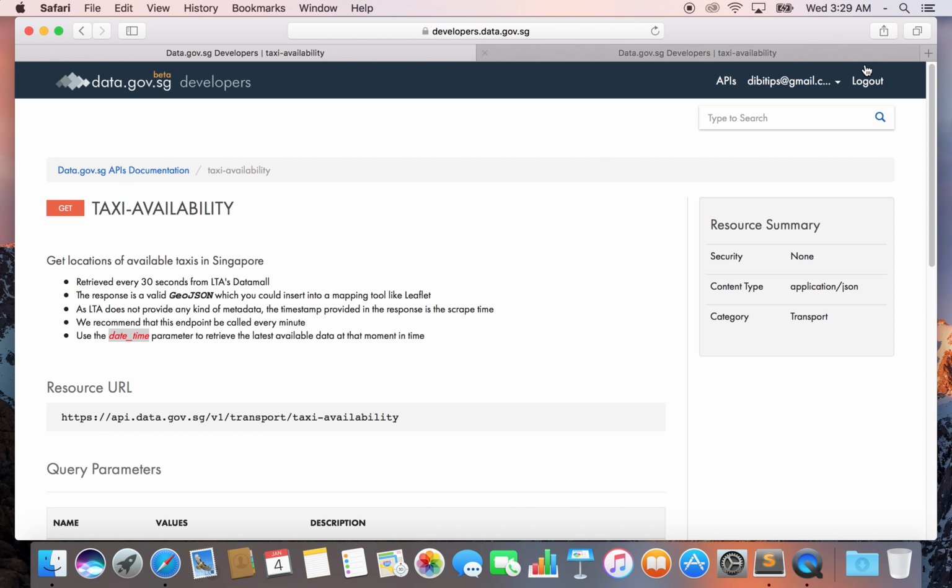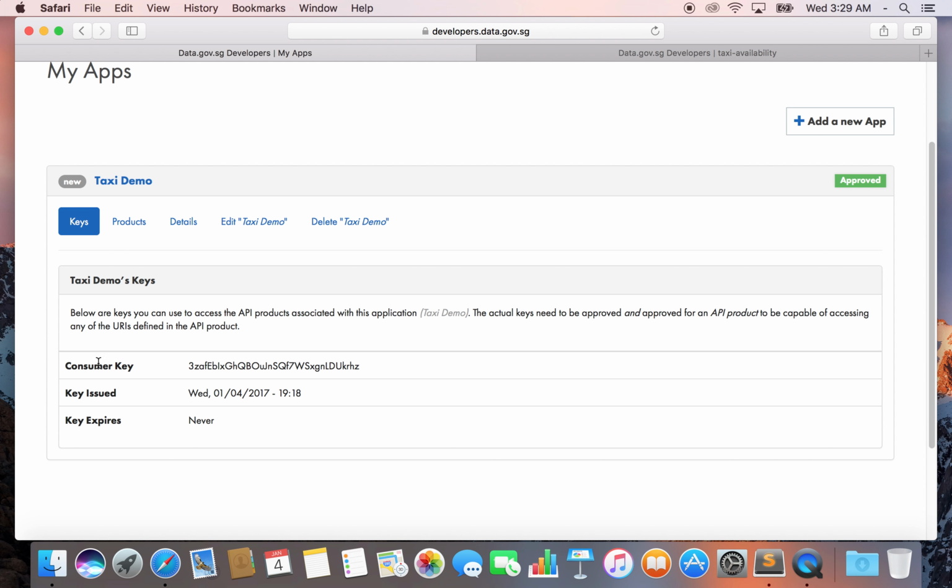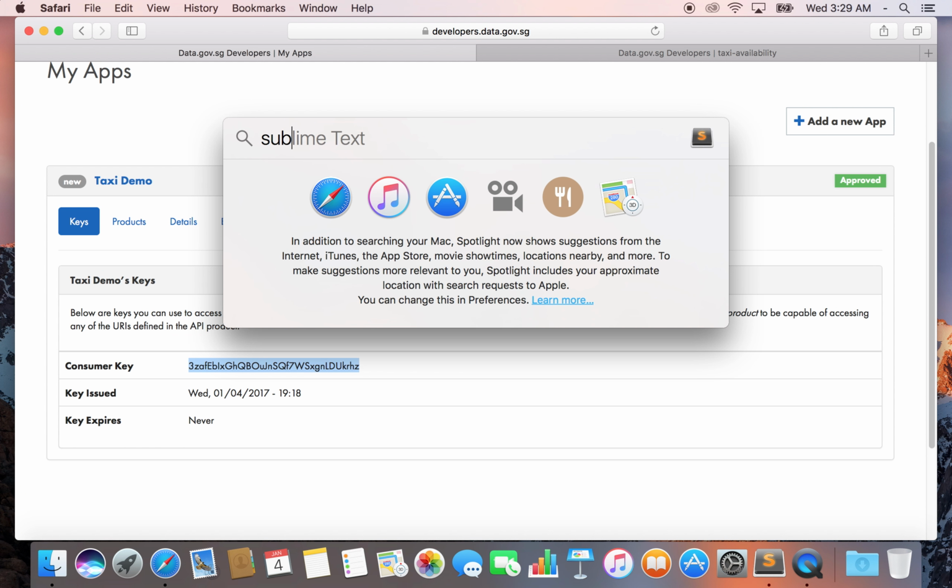So go ahead and log in up here if you haven't already. Register if you don't have an account, and click My Apps. And then create an app, and follow the instructions, name the app whatever you want, and after you create the app you'll get something that looks like this, and what you want is the consumer key, and you can go ahead and copy that. This is the API key. This is mandatory if you want to be able to access the information. So I'm just going to put this in Sublime,